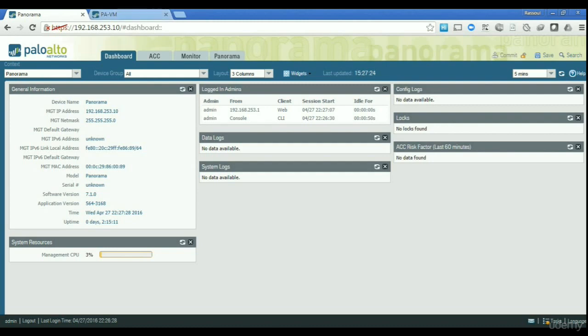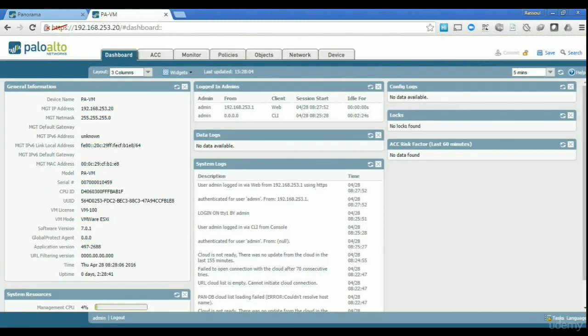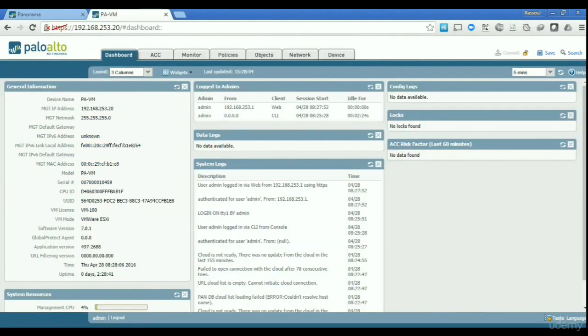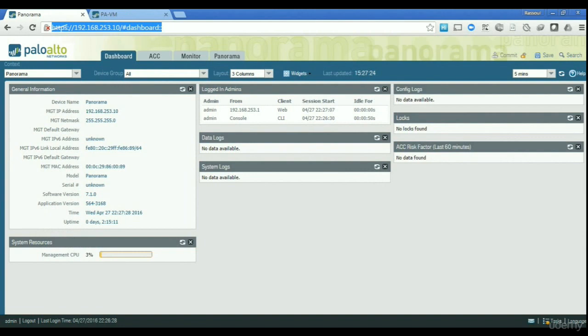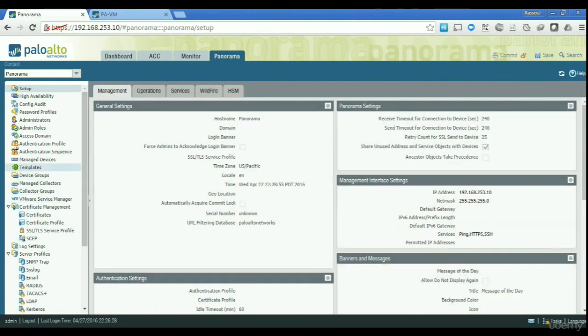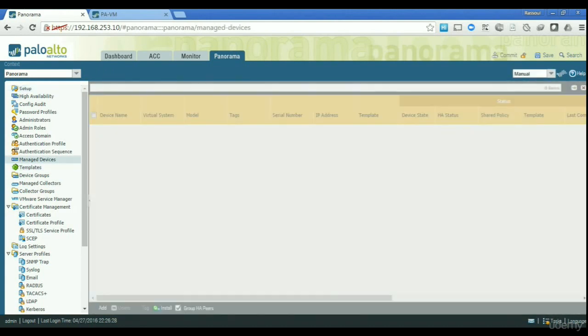The dashboard tab, as I said, is pretty similar, pretty generic stuff. Device name, IP addresses, logs and so on you can see here. The first thing we want to do is register our firewall with Panorama. To be able to do that, we go to the Panorama menu, and you see there is a section for manage devices in there. So we just click on manage devices,